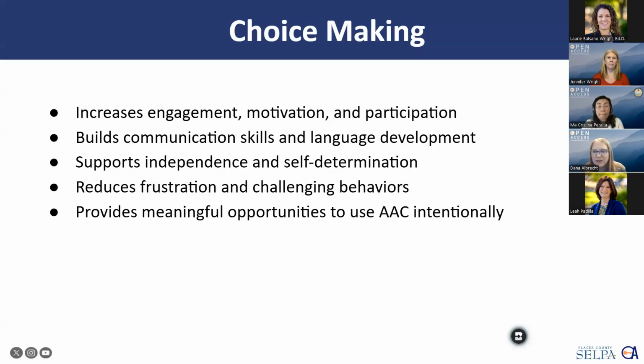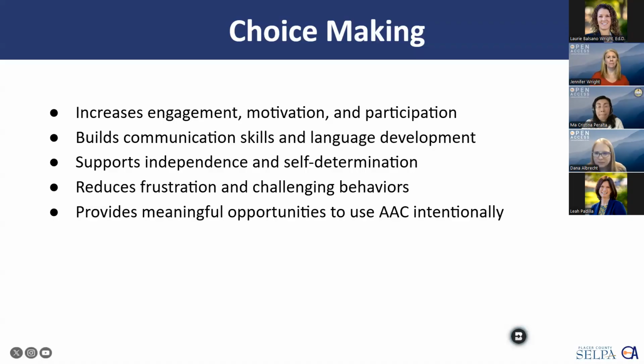So examples of choices that can be offered, there's lots of different things, right? But it's more than just about offering goldfish or cookies. Choices can be made throughout the day about what book to read, what song to sing, where to sit, which toy to play with, who to work with, when they want to be all done, whether or not they want something. I like these examples. I use them a lot. Slow, fast, loud, quiet. Lots of different ways that we can offer choices. And the choices really should be meaningful to them and then honored